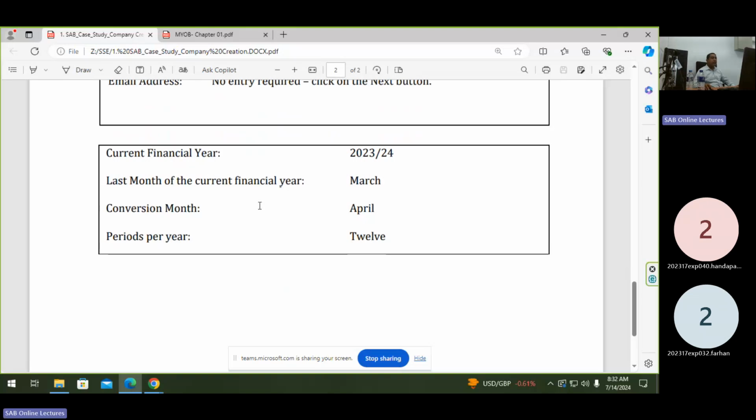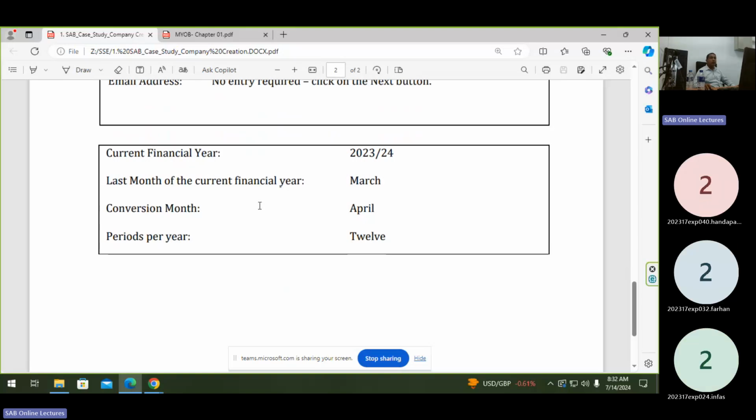We selected the financial year 2023-24. The last month of the financial year is March 24. The conversion month we selected is April 23.